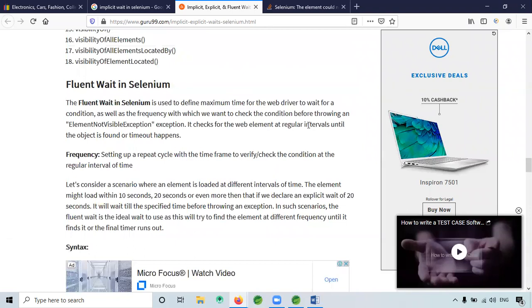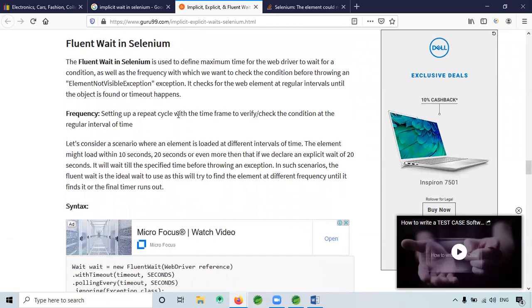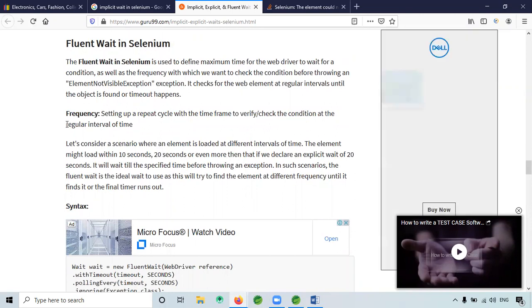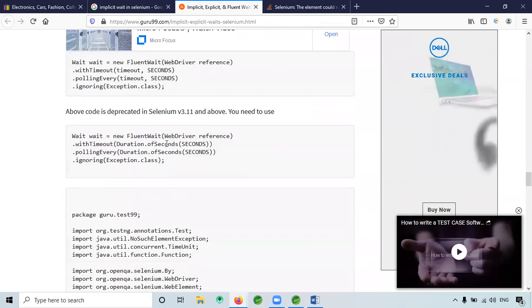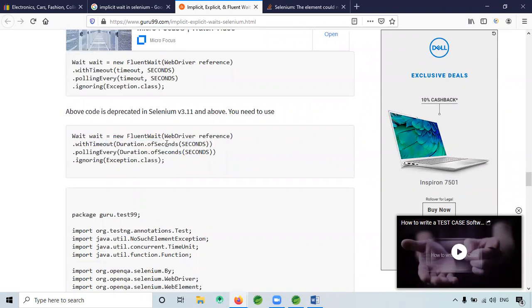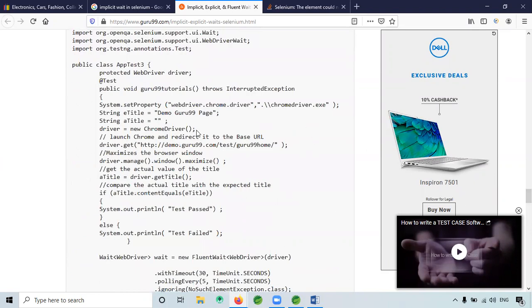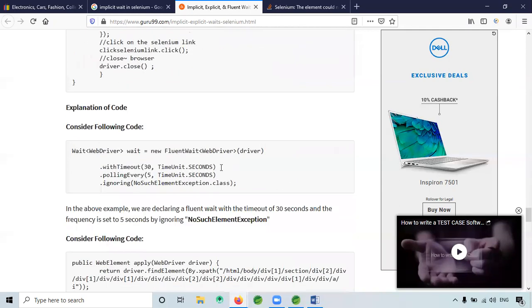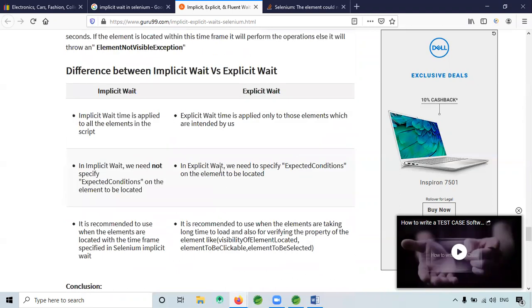It checks the web element at regular intervals until the object is found or the timeout happens. So what it will do is check the element at regular intervals for 10 seconds, every 2 seconds. Okay, this is Fluent Wait.